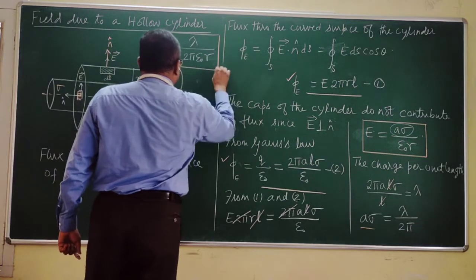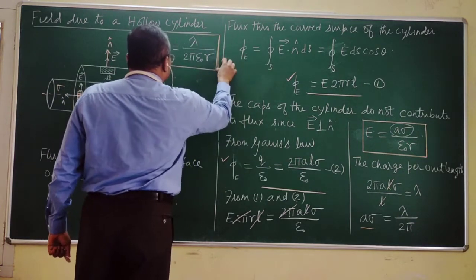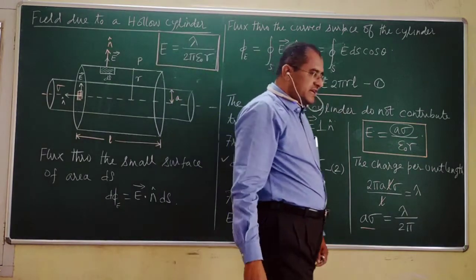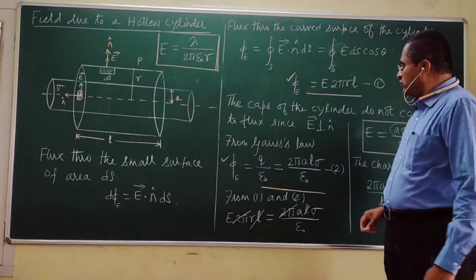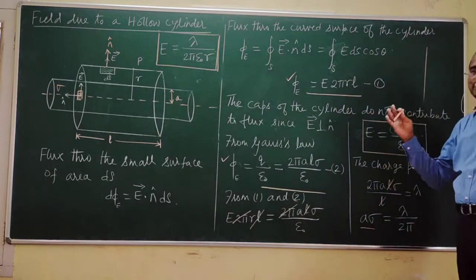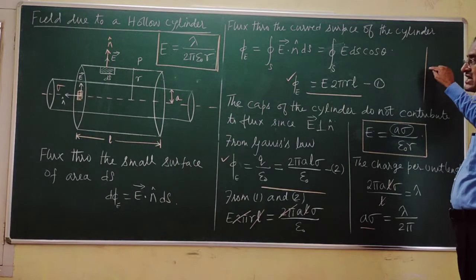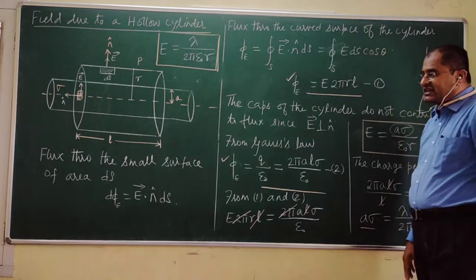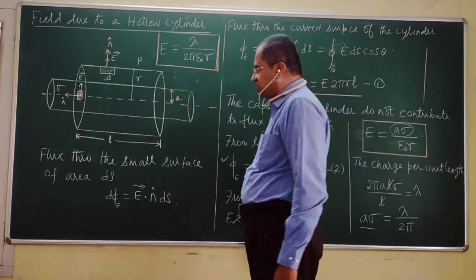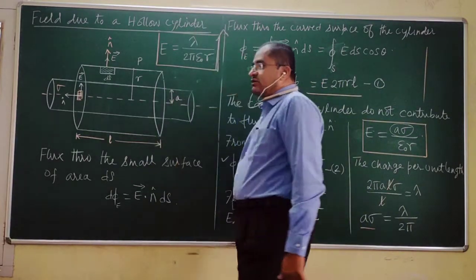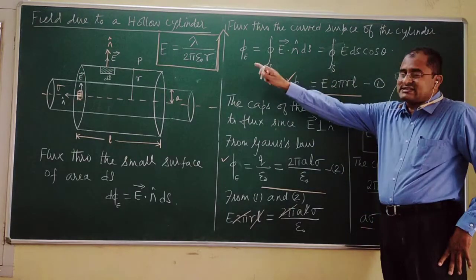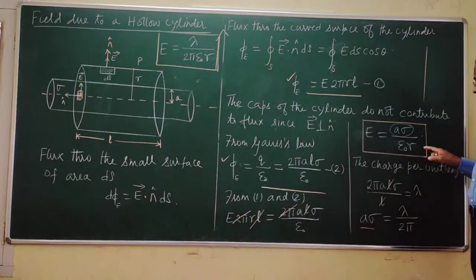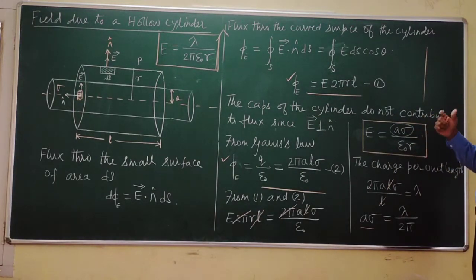Now you must remember what you have studied in class 12. In class 12, you would have studied the electric field due to a line charge. You would have been given a wire completely positively charged, and you would have been asked to find out the electric field intensity at a point due to this line charge. This is the expression you would have derived. If you have books with you, you can see the expression there. Now, this is the expression we derived for electric field intensity at a point outside a hollow cylinder.